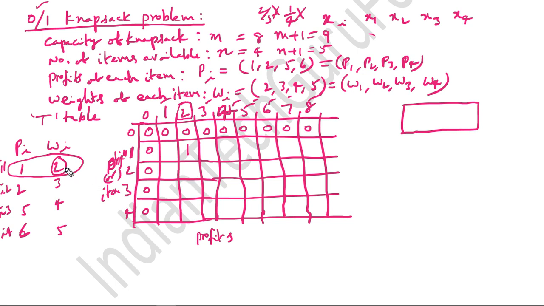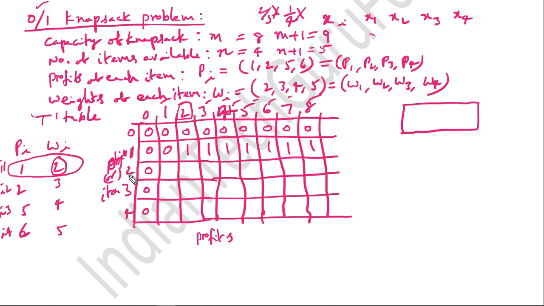So as the item weight is 2, shall I fill it with a box of size 3? Yes, I can fill because 3 is greater than 2. So that's why here also the value will be 1. For all the remaining columns also the values will be 1s. And as I could not fill the item with weight 2 into a block of size 1, this value will be 0. Like this, we are going to fill the item number 1